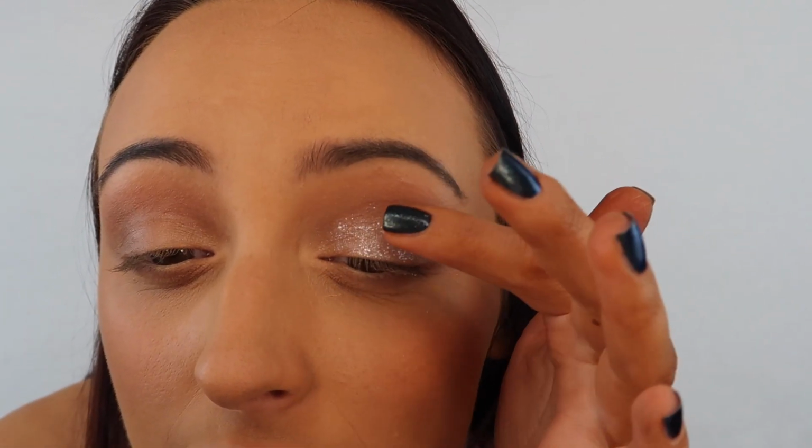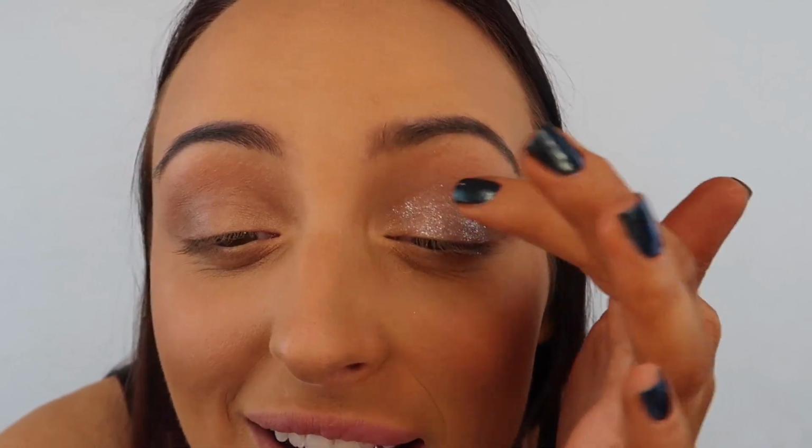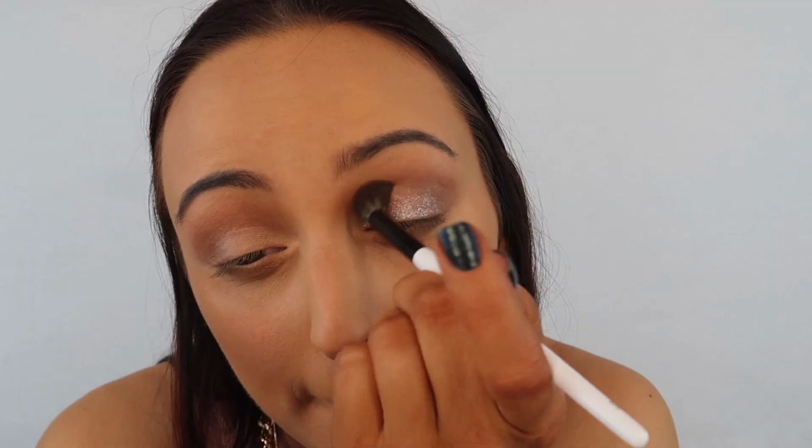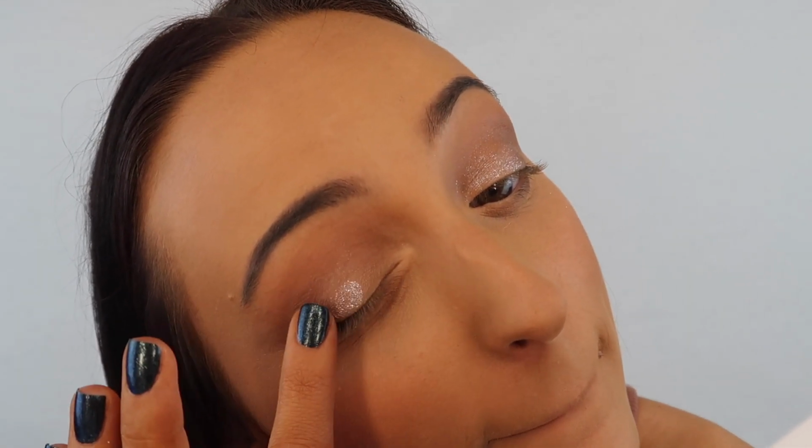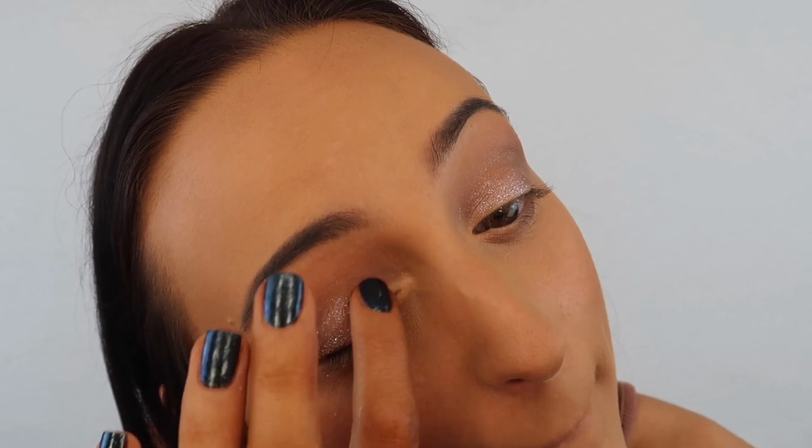Oh my goodness. This is ridiculous. I'm just taking this and I'm blending out the crease so it's not too harsh right there. This is insane. So I just did like a quick little messy job with this, but oh my god, was that easy to